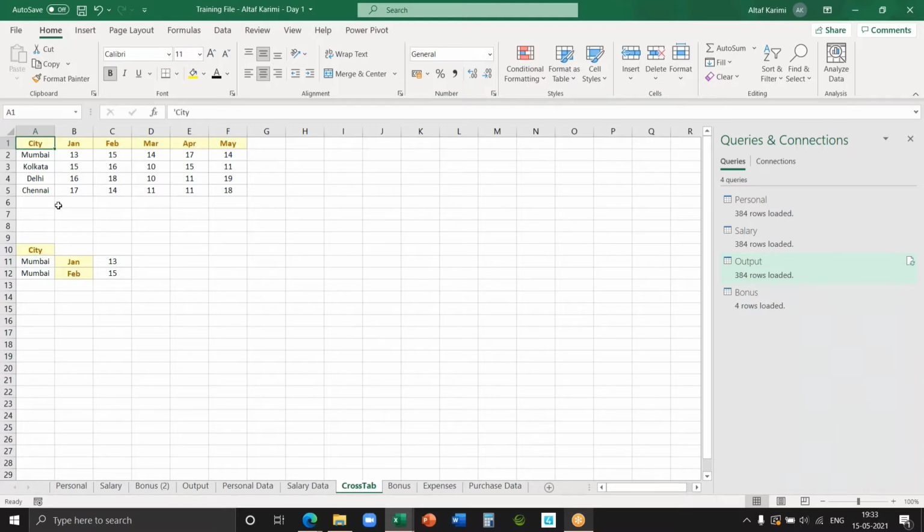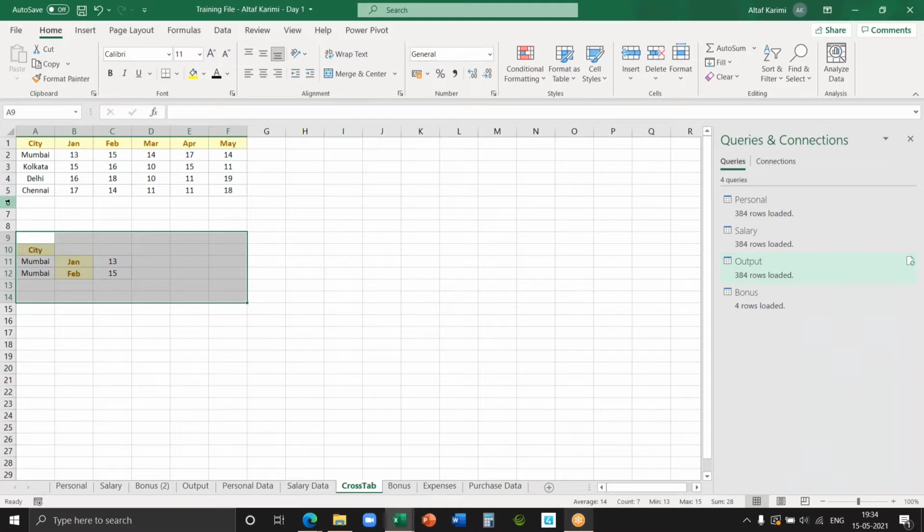If you don't know VBA, if you don't know coding, it means you can't do it. Or otherwise you have to do a lot of hard work. You have to copy and paste as transpose, copy, paste, transpose for each occurrence. It will be very time consuming. Let's look at it in Power Query.